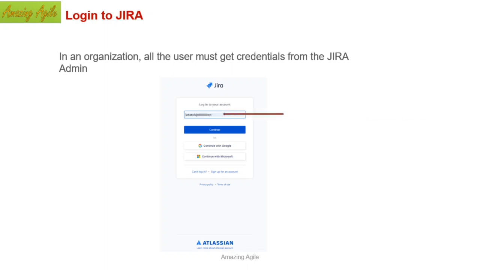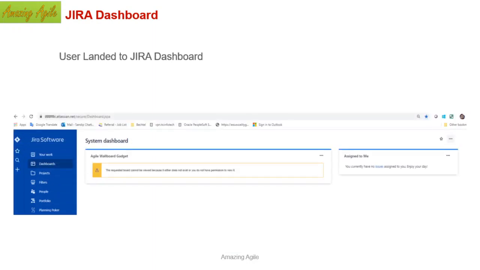Once you are logged in, you will see the landing page, or dashboard page. If you are working for the first time, this is the landing page where there is no assigned work yet. If you look at the URL, it is the license name, meaning your company name where you are working, followed by .atlassian.net.